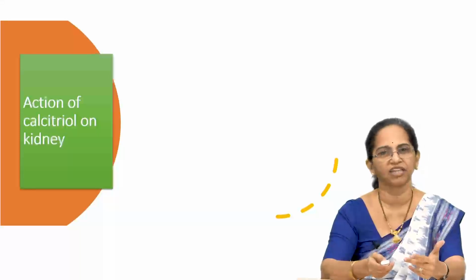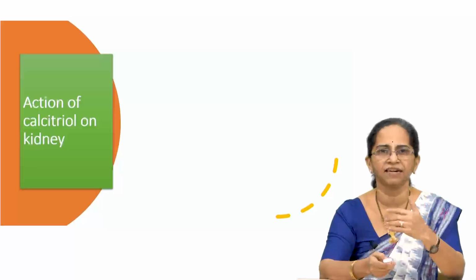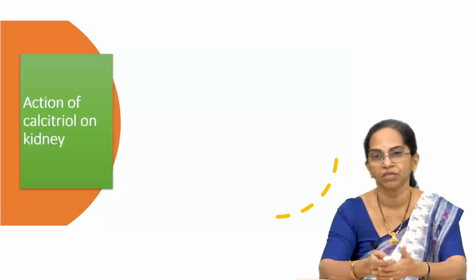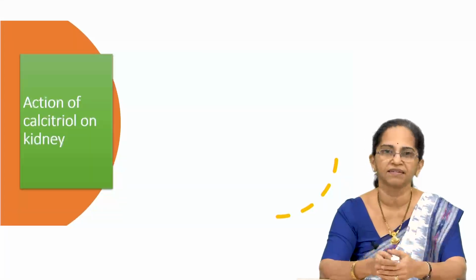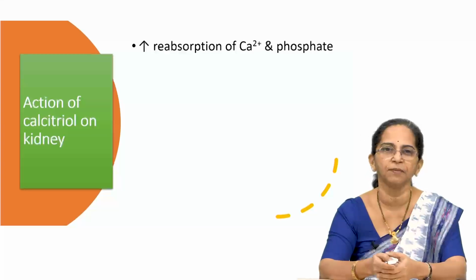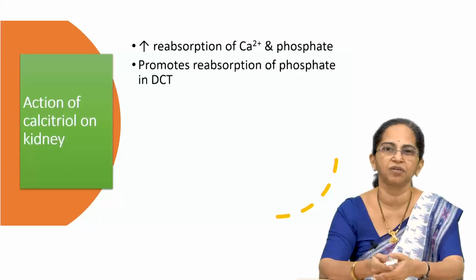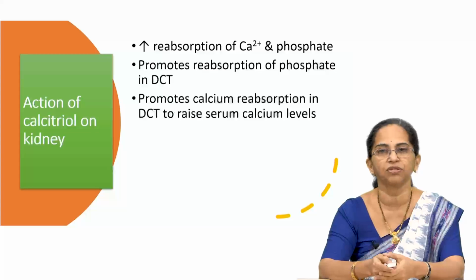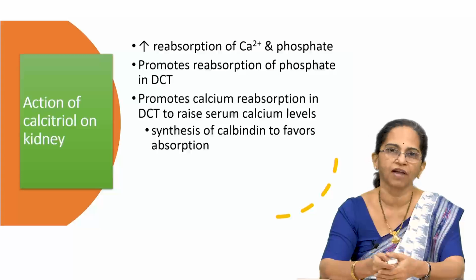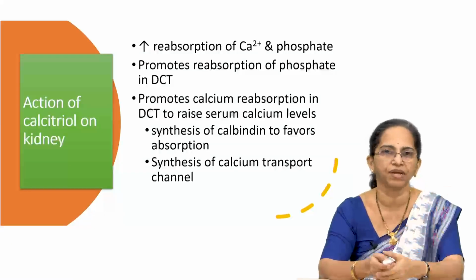So, calcitriol action on kidney. Kidneys, we know they are meant to filter out the excretory waste, but at the same time, it does not allow any important compounds to be sent out through the urine. Same applies here. We don't want calcium and phosphate to be lost in the urine. So, what is the action of vitamin D? Vitamin D tries to reabsorb calcium and phosphate. It promotes the reabsorption in the distal convoluted tubules. It also promotes the synthesis of calbindin and certain calcium transporters, and with the help of both these, it will try to reabsorb calcium